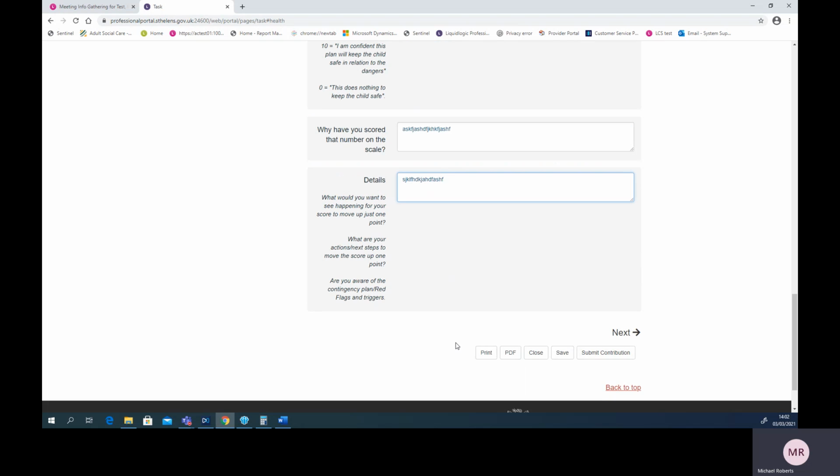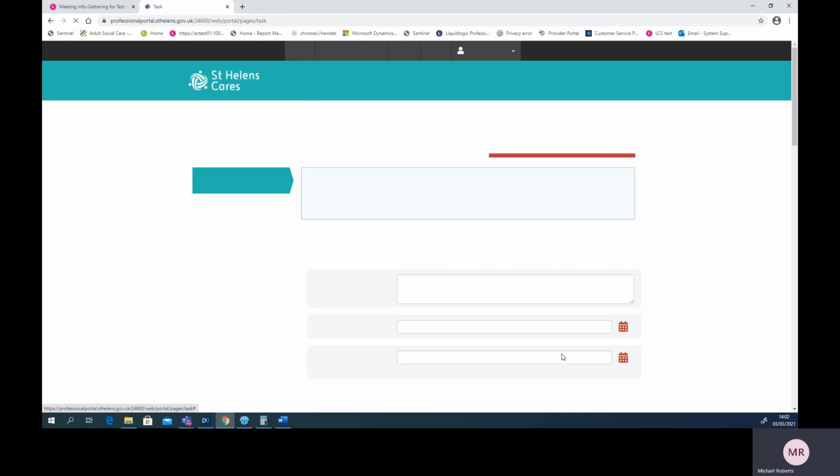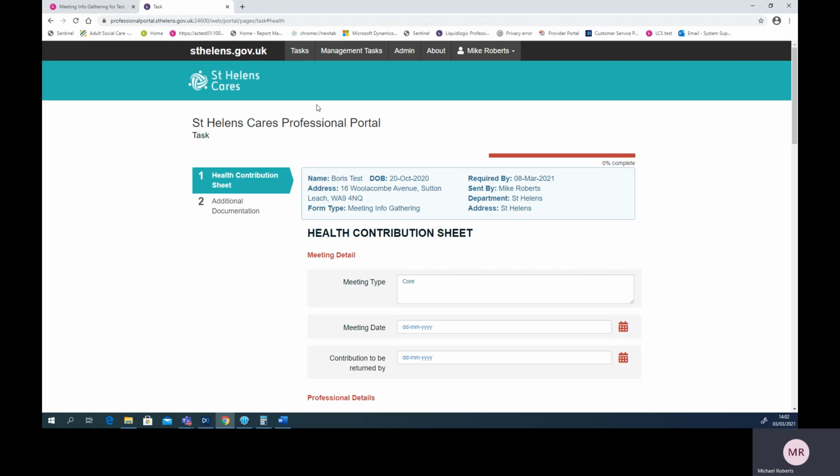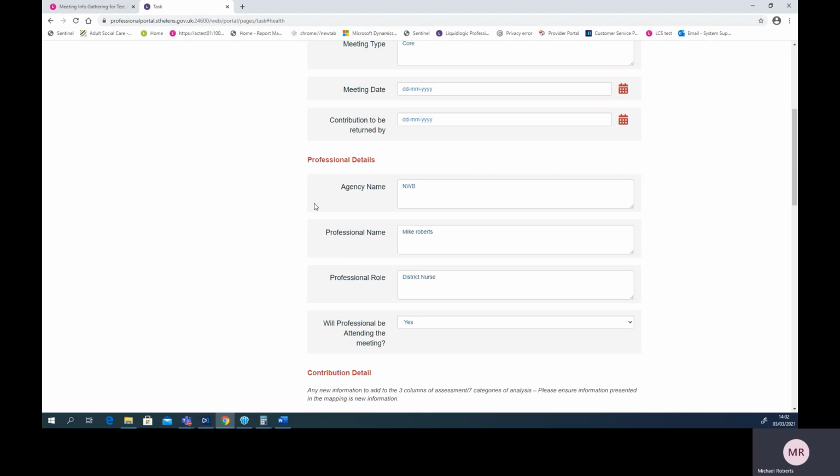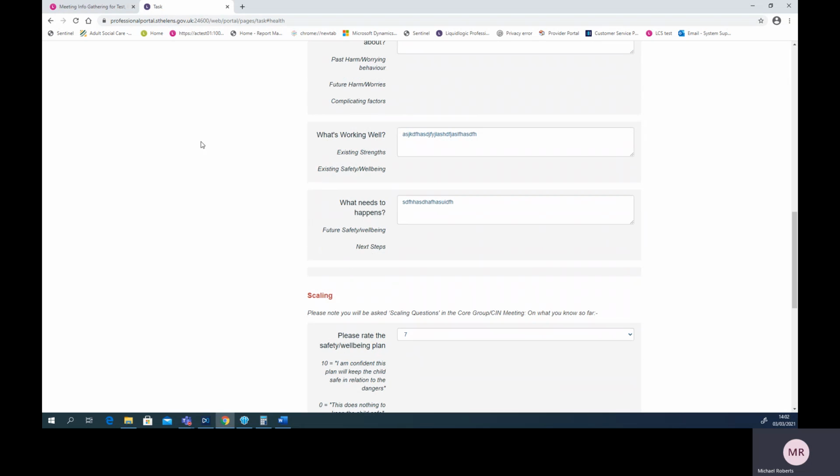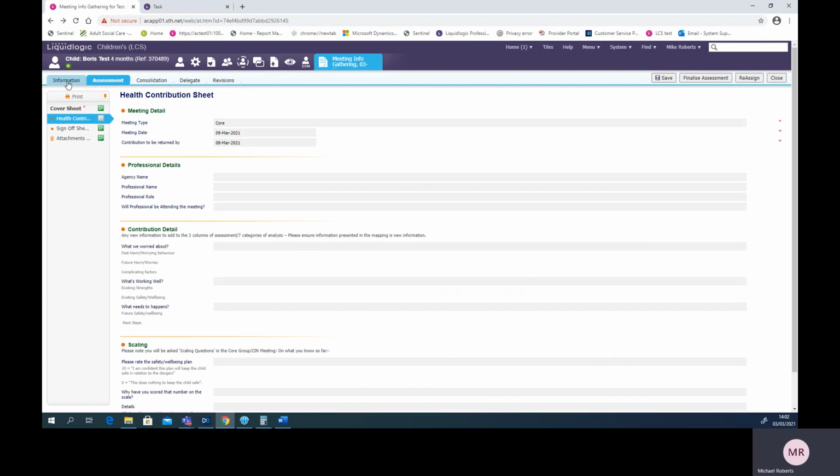And now I'm going to save this first. So I'm going to save that down just to show you what happens. I've not submitted that back yet. I'm saying I've not finished with this form. I'm still working on it. I've saved it for future. But what has happened